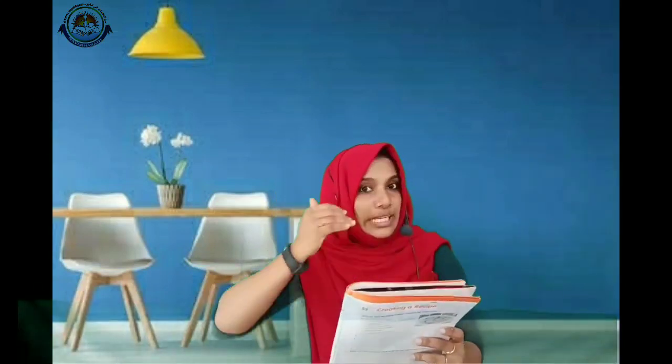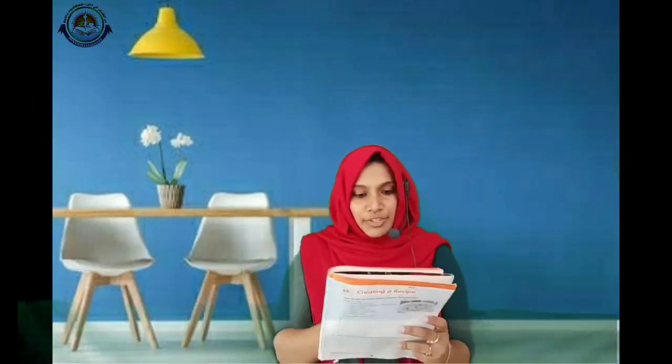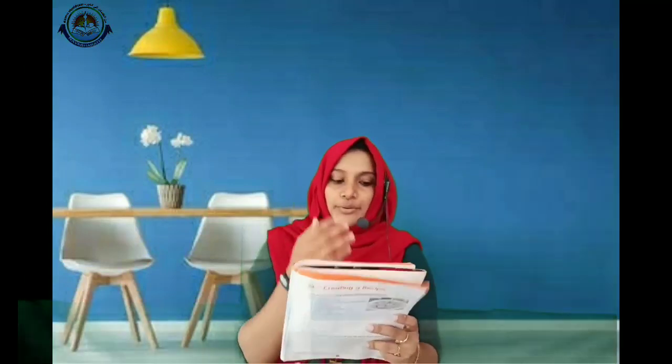So here you have to read these given instructions in a correct order because these instructions are given in a wrong order. So let's find out its correct order, its correct manner, and read it. Then question number 1, write the things you will need to make sandwich using the recipe above. So here you will write the things, the ingredients that we need to make this sandwich. It is given above. So from there you have to find out those things and write it here.